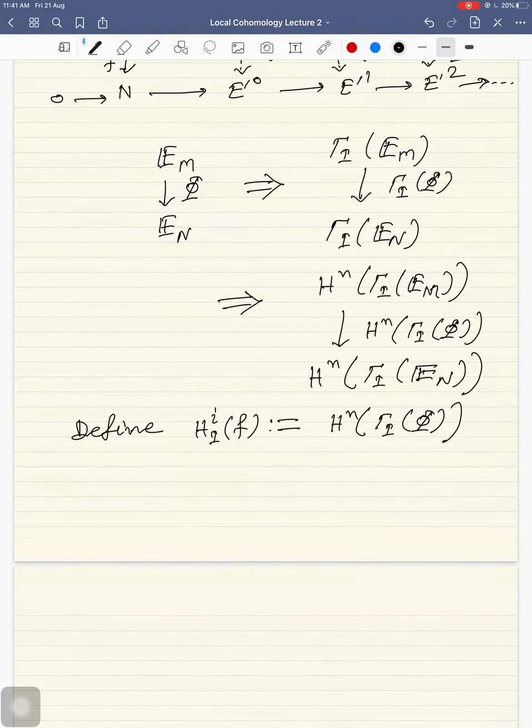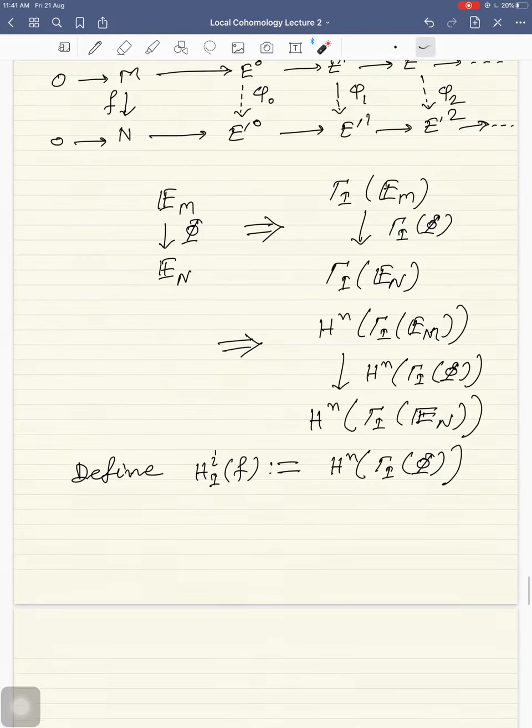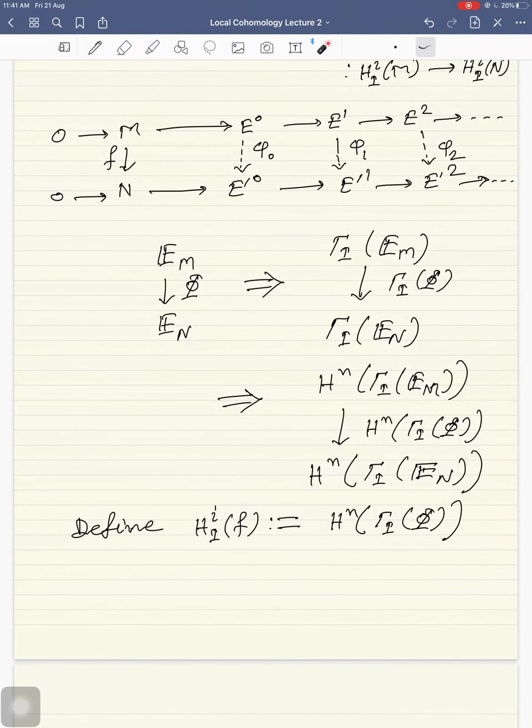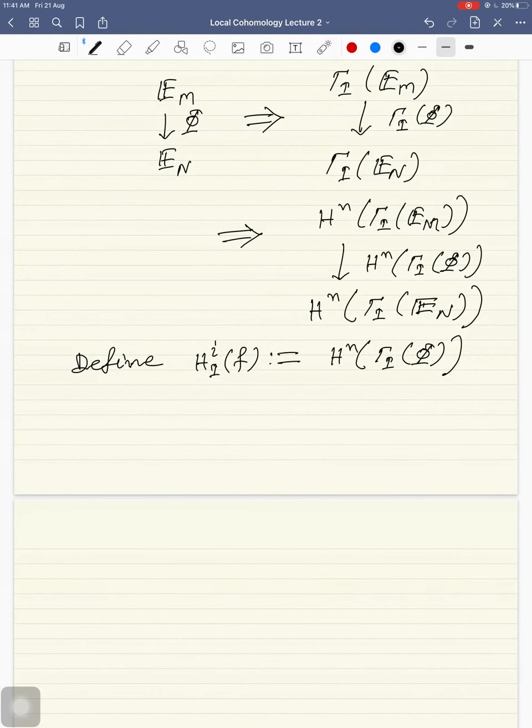And here we should now prove that this is independent of the choice of this quotient map. So you can lift this morphism F in many ways, to a quotient map from an injective resolution of M to an injective resolution of N. So here I should prove this corollary,